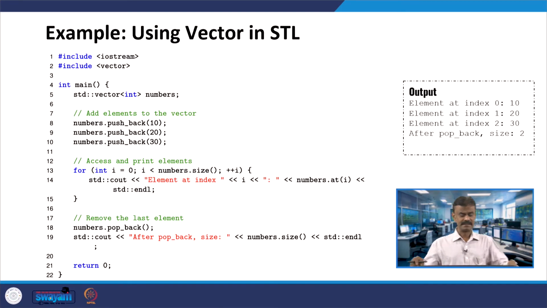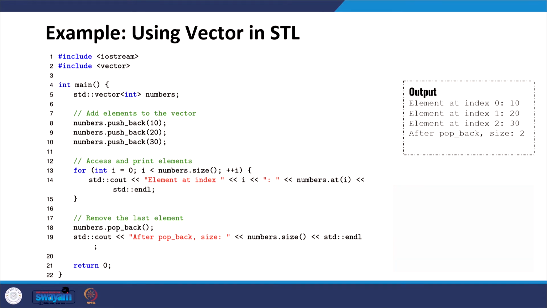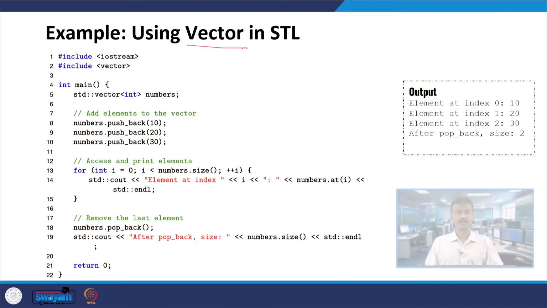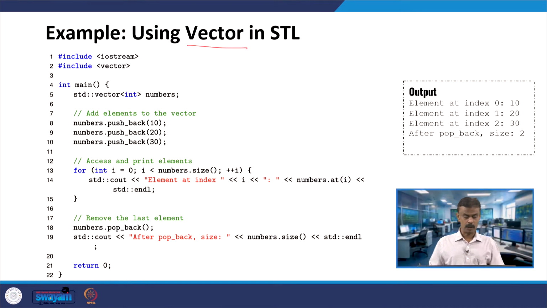Now we will see an example. In fact, we can run the code also, because in the last few classes we were talking about Python and Java, so maybe we will run this particular code again. Let us see what is happening. Here, first we are using the keyword vector, the vector in STL. You have to include vector: hash include vector. Let us see the usage.